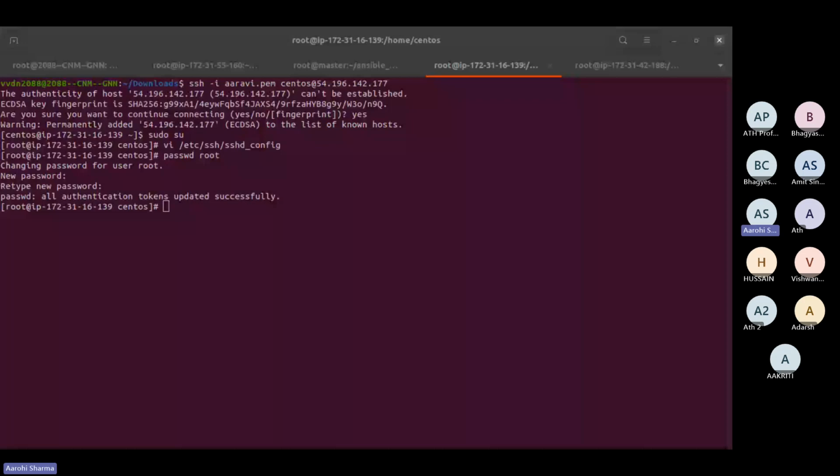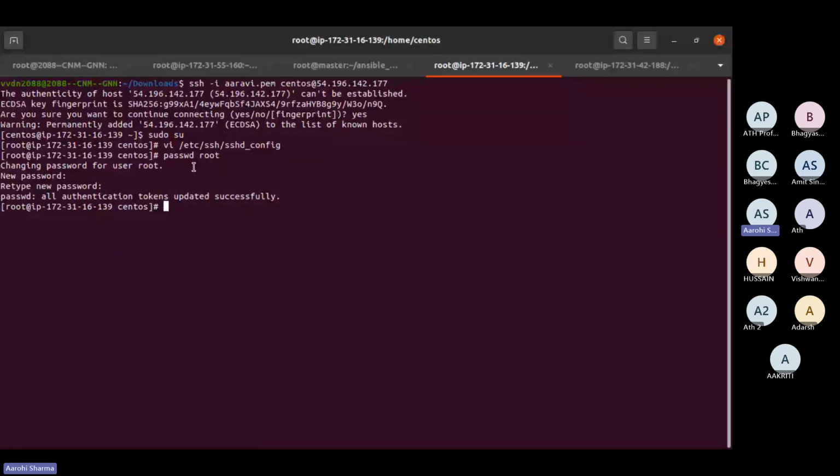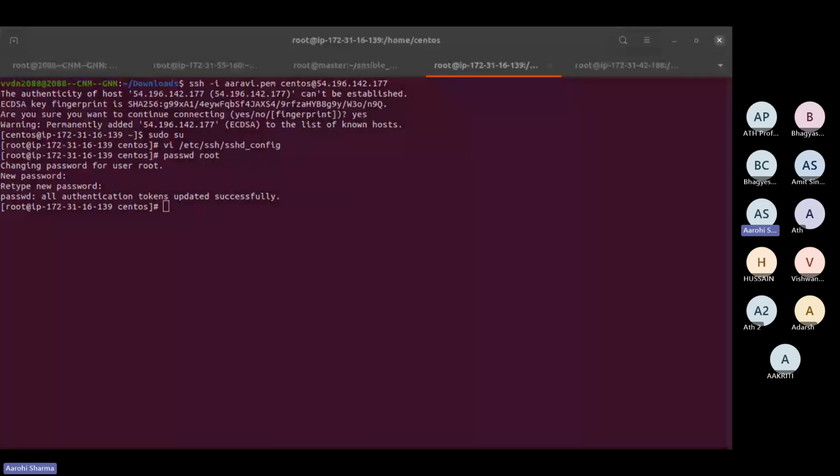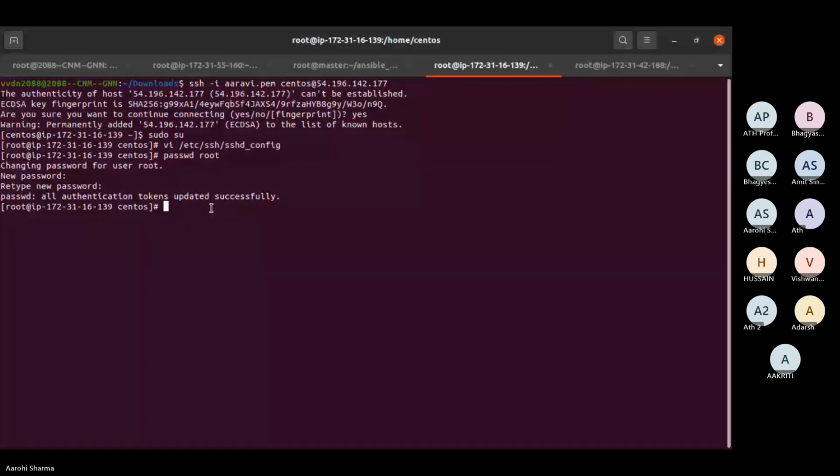Right? So guys, first of all, what I'm going to do is change the root password for my master machine as well as my worker machine, right? After that, I have restarted the SSHD service because I have made changes in the SSHD config. I'm restarting SSHD for both the machines, parallelly.